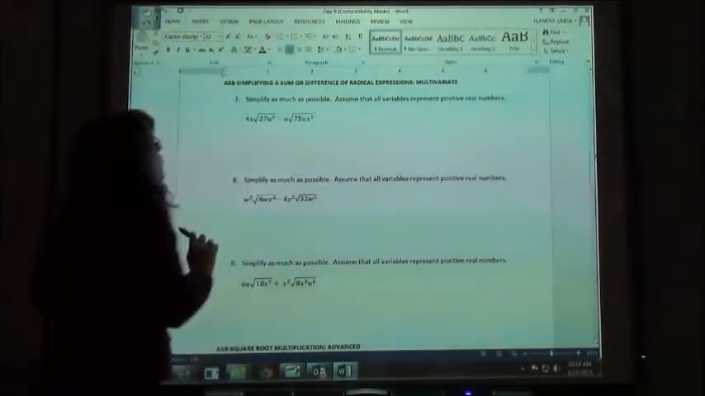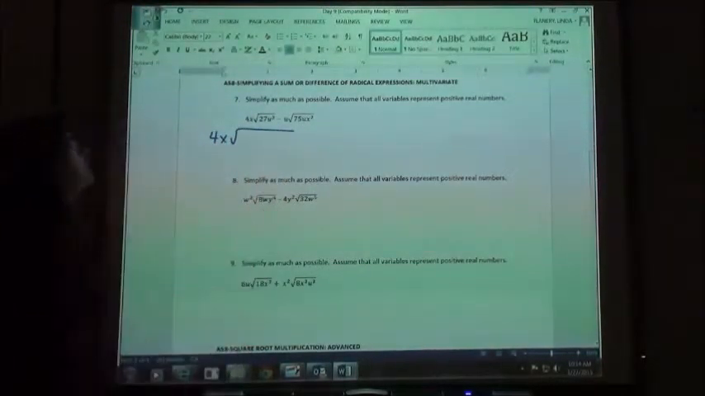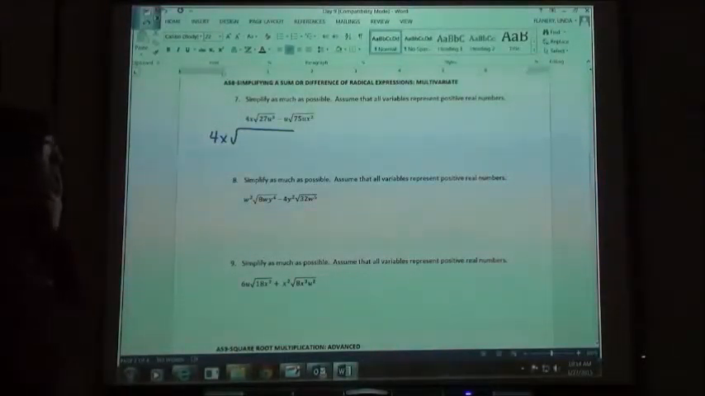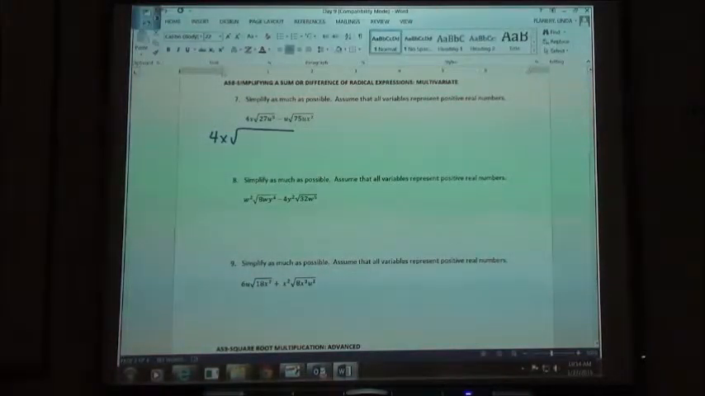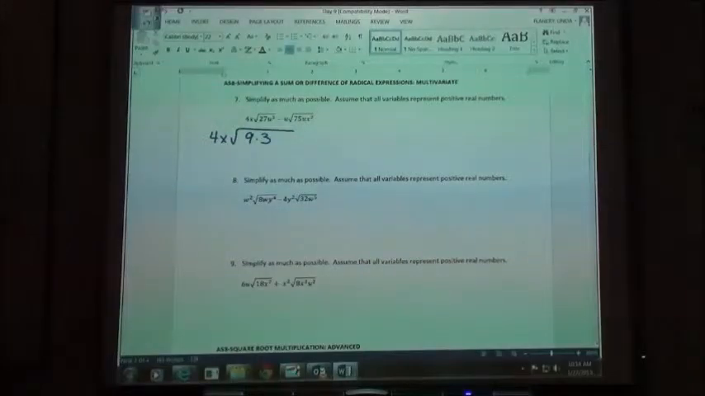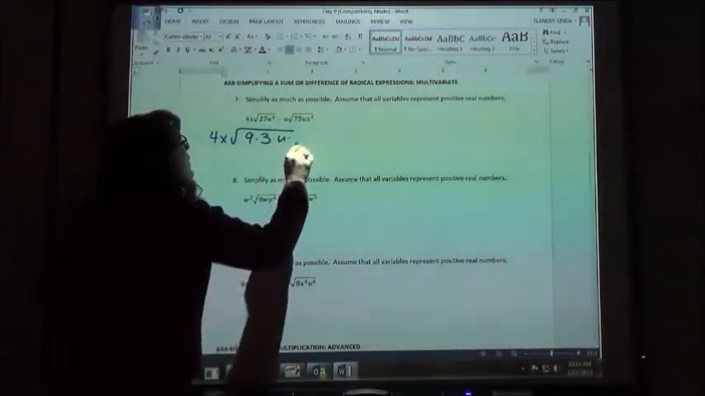I have 4x square root of 27u cubed. So I'm going to have 4x, and I've got to simplify that part under the square root. 27, I can factor that. 9 times 3. I have a u to the third. Since it's odd, I want to change that to